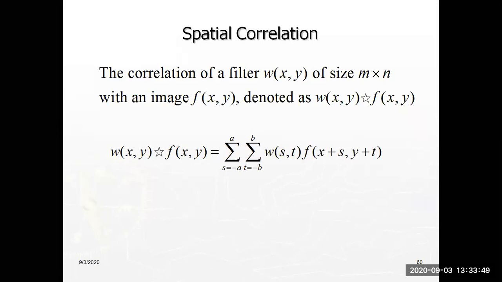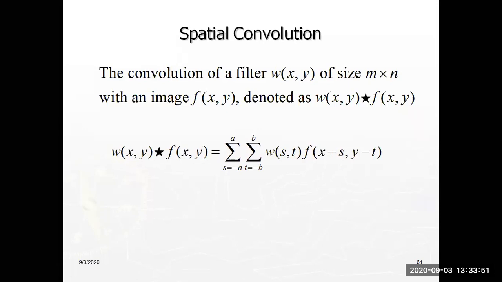Correlation of two images: here the images are the original image and the window or filter mask. Generally in the spatial domain we call it mask, window, or filter. All are equal. Mask, filter, and what is another? Window. Window and mask are also called neighborhood. Neighborhood, mask, window or filter, these four are the same. So what happens here? We are modifying the value from the original to another.